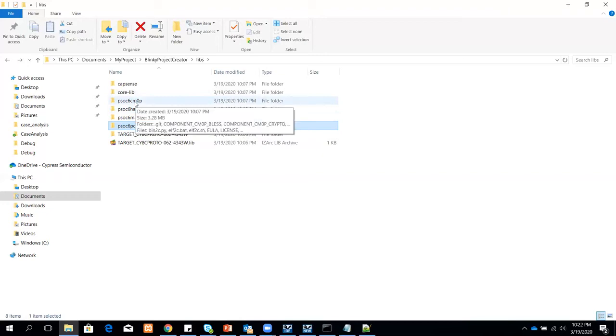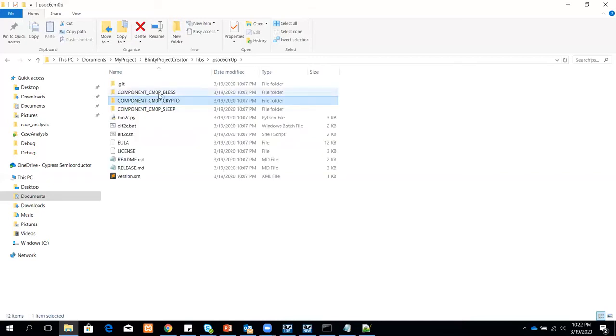And we have the CM0P related files. These contain the pre-built images, right? ModusToolbox 2.0 has support for CM0, and CM0P is supported through pre-built images. There are 3 default configurations you can use.